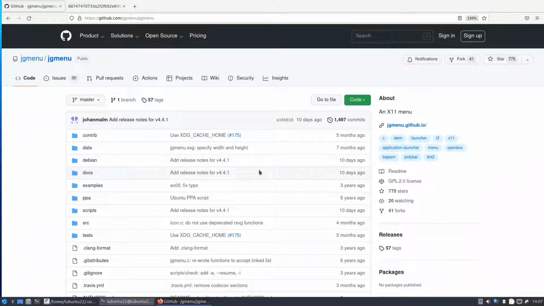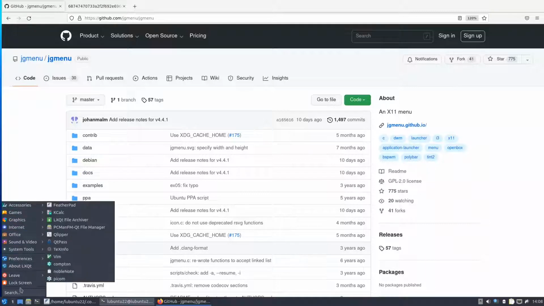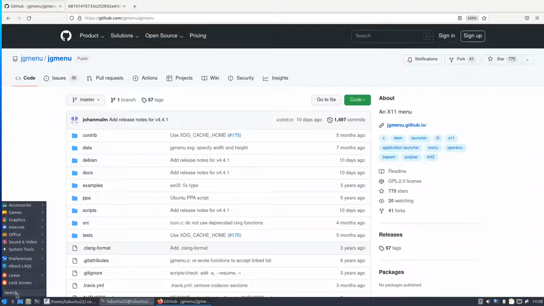Today we will cover a very interesting X11 menu, which is a customized menu you can create on your own in order to simplify your workflow. If you notice here in Lubuntu, I'm using Lubuntu 22. This is a menu with all these submenus and there is a search button. jgmenu does the same thing and maybe even better because it has more customization than even the LXQt menu that